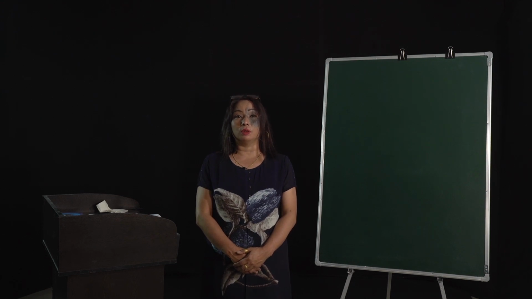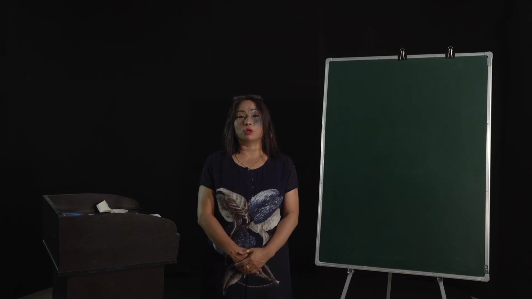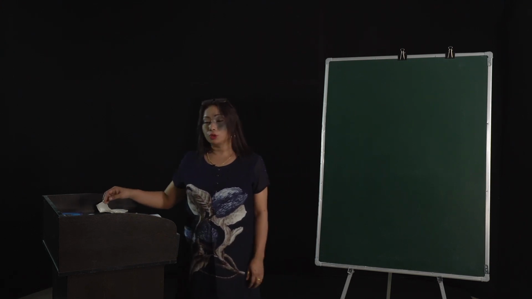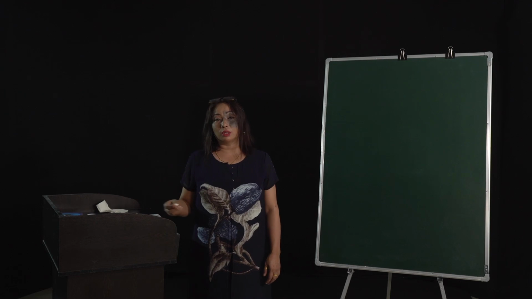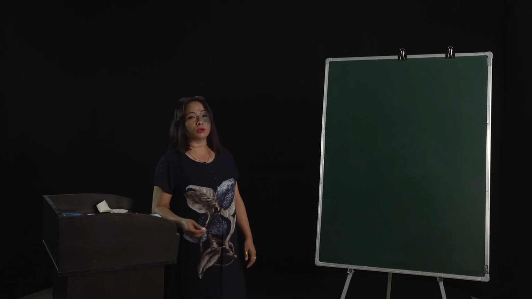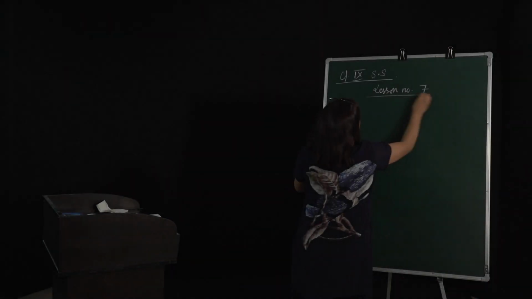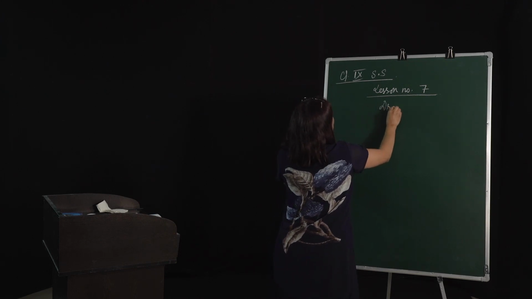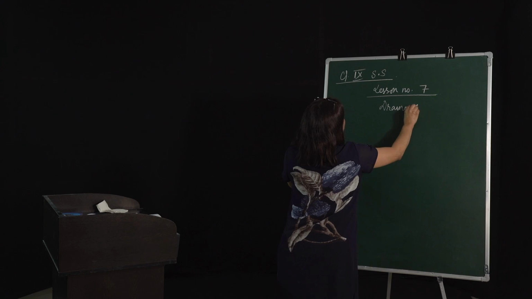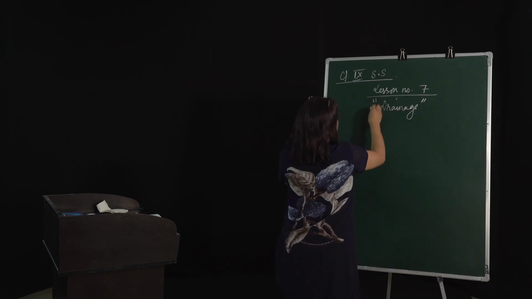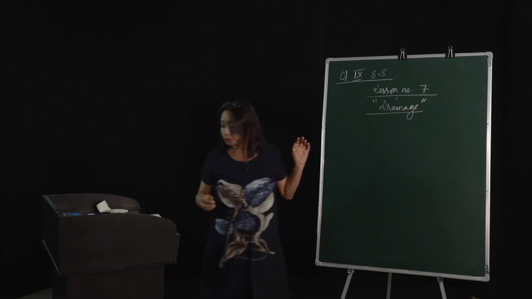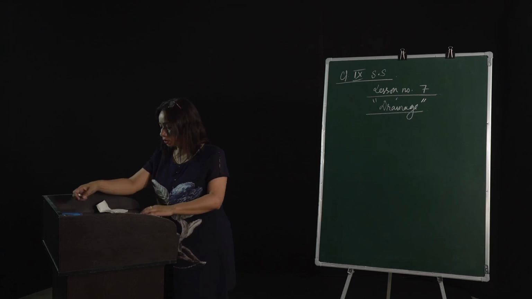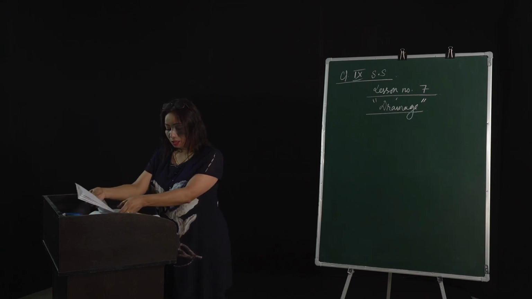I am Sangeeta Sharma and today our class will be on chapter number 7 from geography portion. Topic is drainage. You can turn your textbooks to page number 114. Lesson number 7, the name of the topic is drainage. If you have turned your textbooks to page number 114,